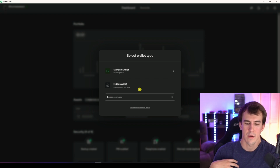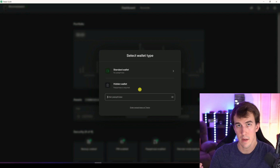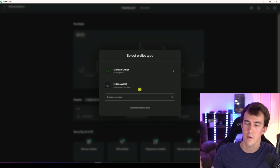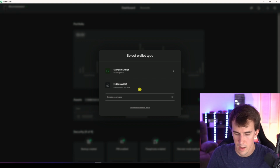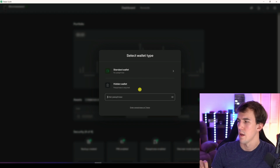So after you do this Shamir secret setup, you're going to set your PIN directly on the device, which is very nice. Other ones, you have to click around on the computer while looking at the device, and it's not colored and it doesn't look nice. So you set your PIN up to 16 digits,